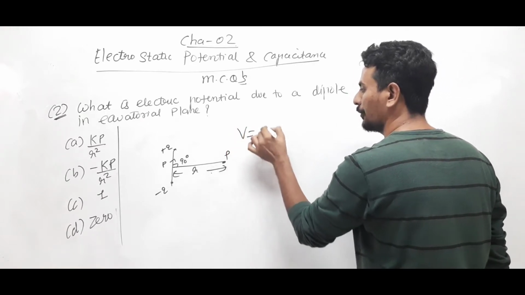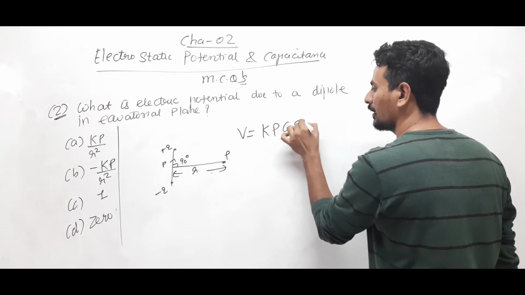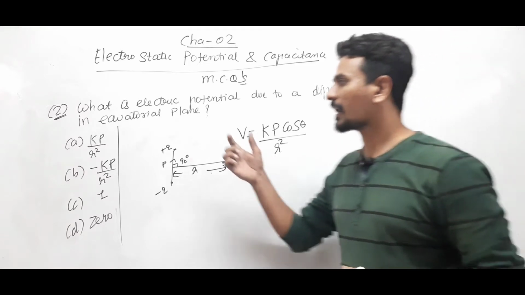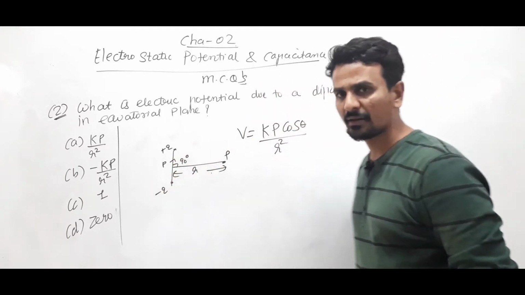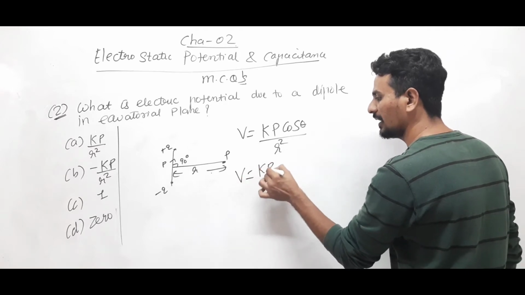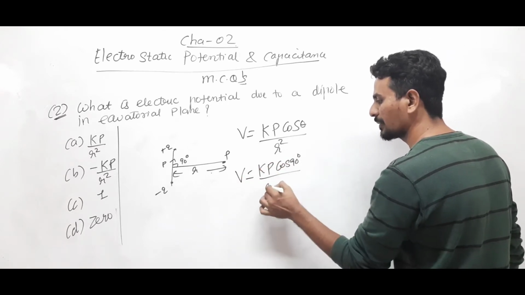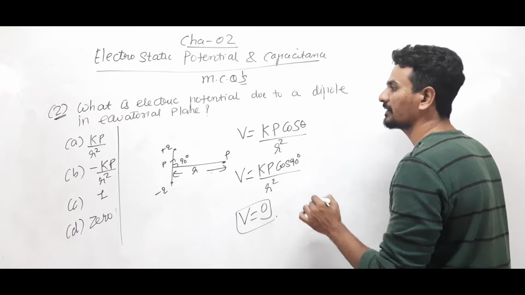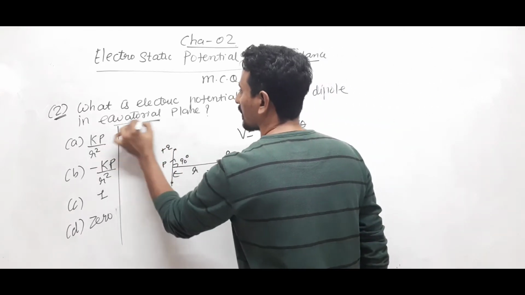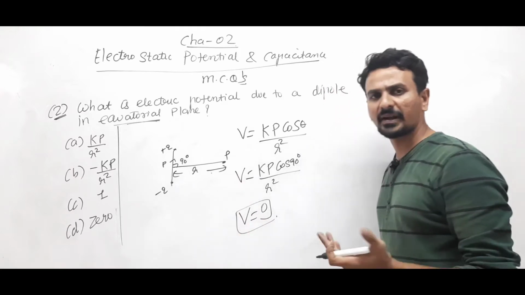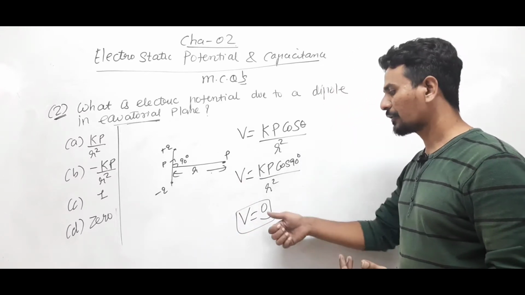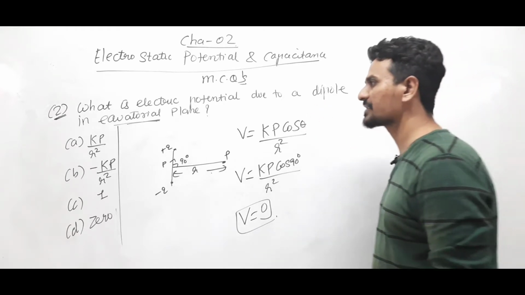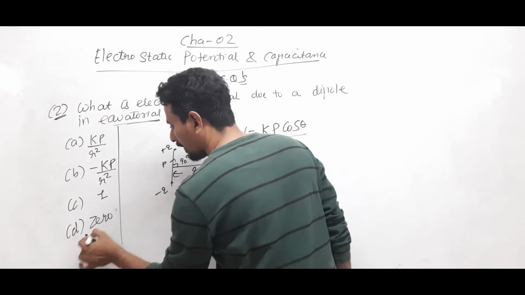of electric potential due to dipole, V is equal to Kp cos theta by r square, where theta is the angle between P and R. Clearly in our question the angle between P and R is 90, right? So it will be Kp cos 90 divided by r square, but what is cos 90? 0, so potential is 0. If the same question they are asking you to calculate potential along the axis, then place theta equal to 0, so it will be Kp by r square. But in the present question we have to calculate the electric potential along the equatorial plane, so that will be 0.